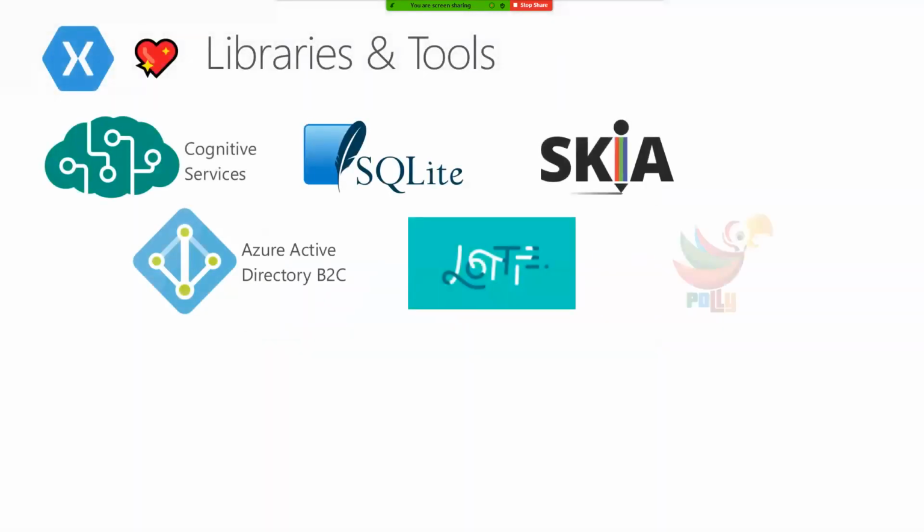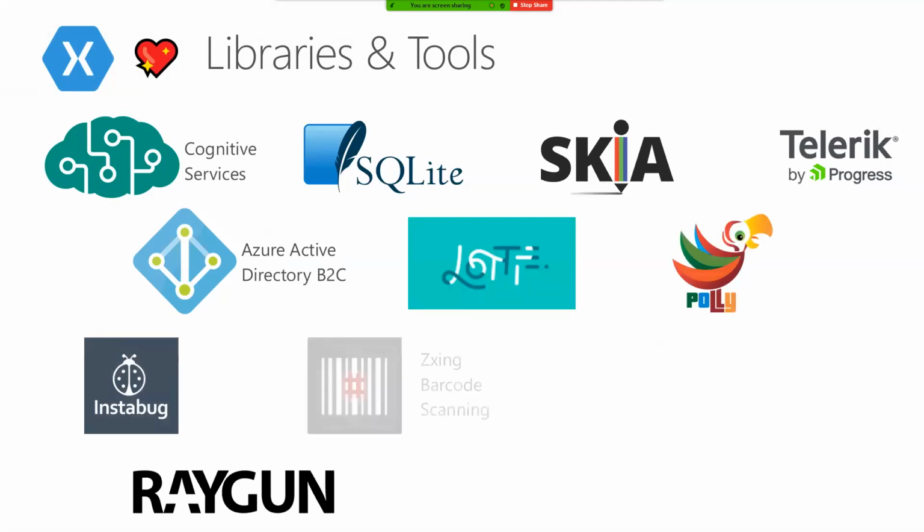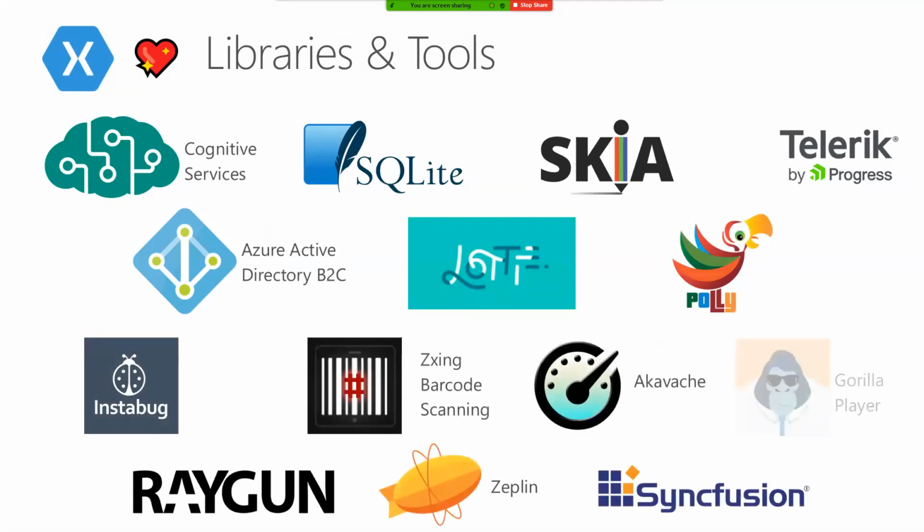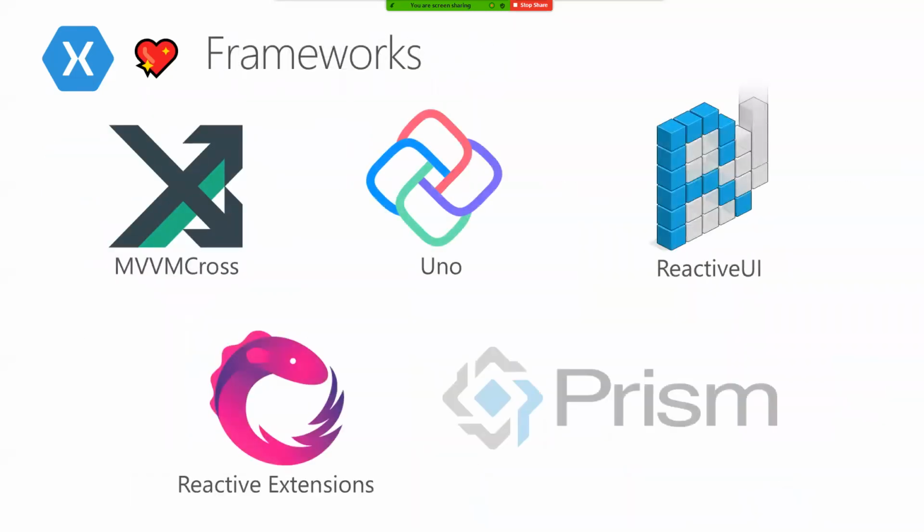I didn't know that. So you might have heard of Skia. You might have heard of, I don't know, Azure Cognitive Services. That's a thing people use. Syncfusion, all these amazing companies and third-party components and community contributions. These work with Xamarin. SQLite is kind of the go-to SQL database for Xamarin.Forms apps because it works really well on mobile. Frameworks. So I said MVVM quite a few times.